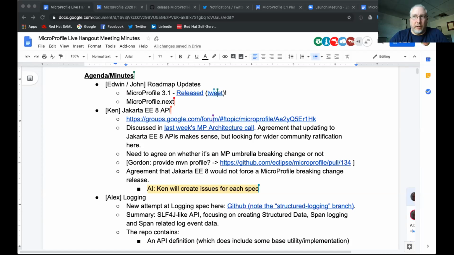I'll just say that something like this will definitely need to go to the mailing list, because I know over the last couple of years there's been many discussions about creating a parent POM, and from my recollections it usually seems to be split 50-50 as to whether to do it or not. So we'll have to see if that sentiment has changed.